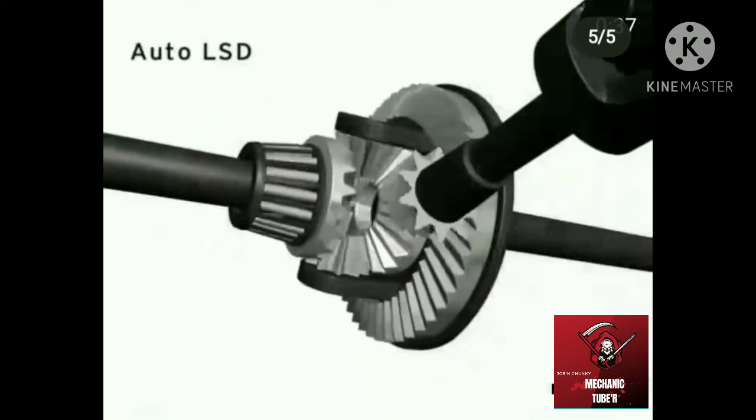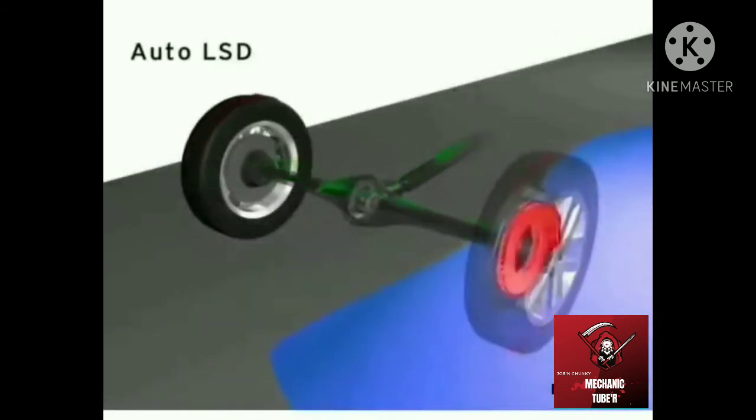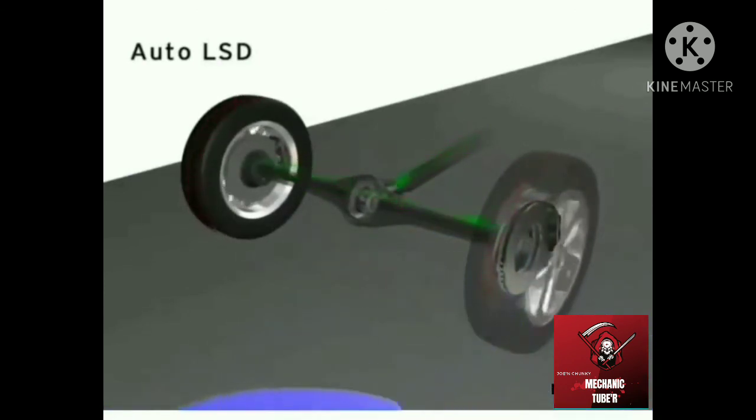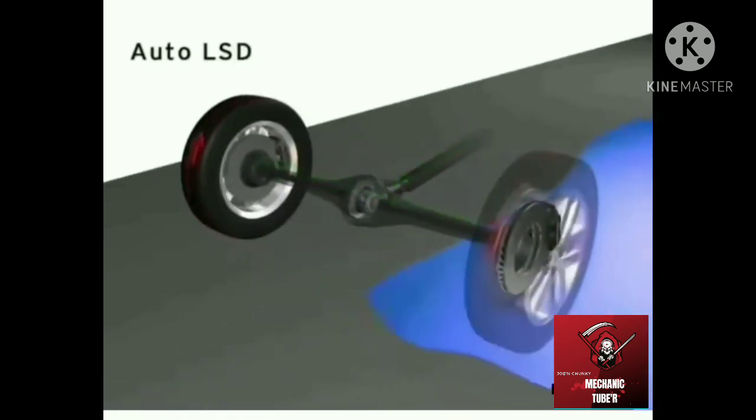Brake-activated LSDs use an open differential but selectively apply the brakes to the wheel with the least traction. This takes advantage of the path of least resistance to transfer power to the wheel that isn't having the brake applied. The Auto LSD system is designed primarily to improve traction at times when the vehicle is likely to get